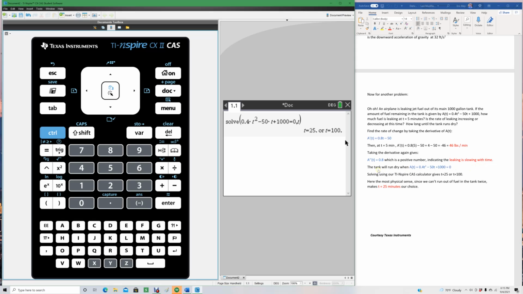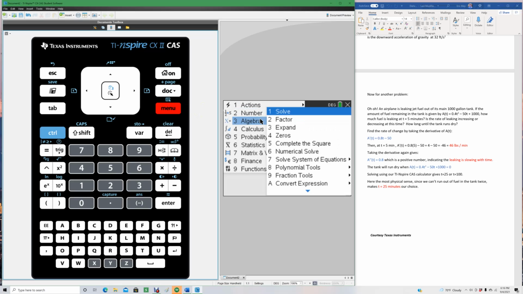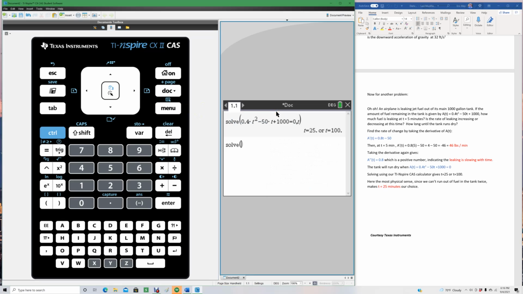And finally, to find out when the tank will run dry, we just set the function 0.4t squared minus 50t plus 1,000 equal to 0. And we can use our CAS calculator to solve this equation. I have it situated right over here that you can see, and let me just show you how to do that. You just go to Menu, Algebra, Solve, and then you put your function 0.4t squared minus 50t plus 1,000